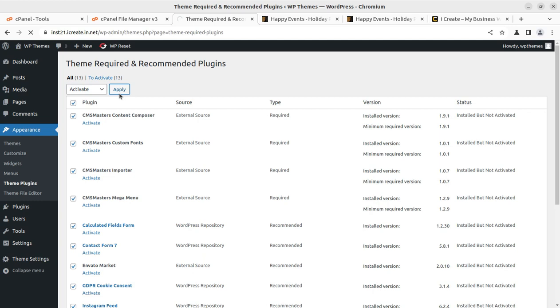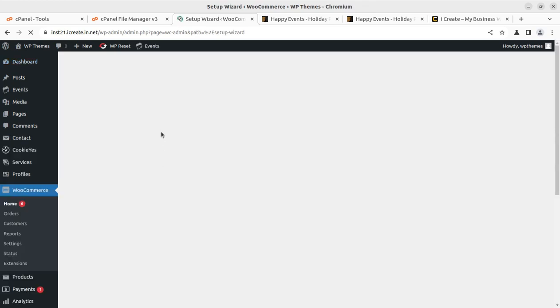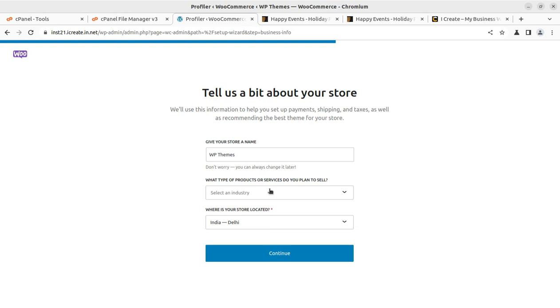The theme has been installed, 13 plugins have been installed. Now we are activating the theme. As you have seen, WordPress installation is a very simple process, but yes, we have to follow the exact steps. Now on the screen you can see all 13 plugins have been activated successfully, and we can click on the dashboard to check whether we need any further action. Taking a while? Yes. So it is taking us to the setup wizard of WooCommerce, I believe, because this theme also supports WooCommerce. So I'm just completing the WooCommerce setup as well, because I wish to show you the maximum things that we can do with the